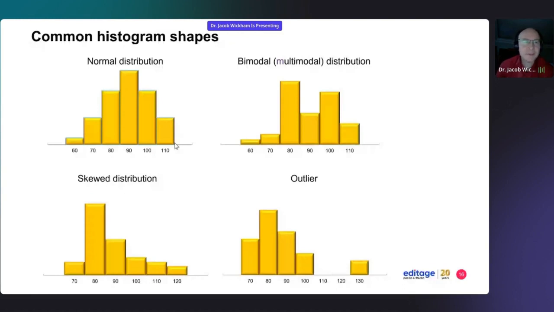And here's some common histogram shapes. There's the normal distribution, then there's the bimodal distribution, and this is where there's 2 peaks in your data. There's a distribution with an outlier, and actually, the outlier can have a big effect on your data. And sometimes it's better to show the median score rather than the mean score if you have the outliers in your data. And here's a skewed distribution. It can either be skewed to the left or to the right. This data distribution is skewed to the left.